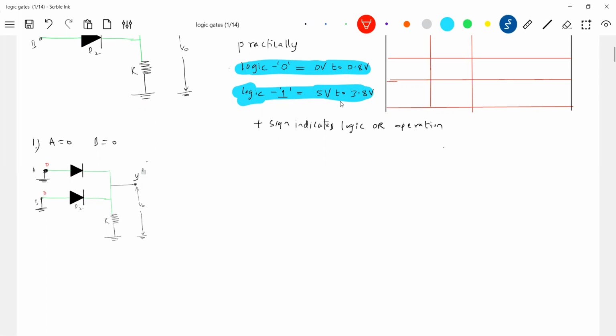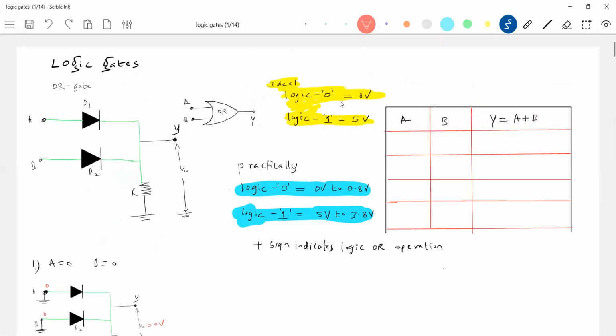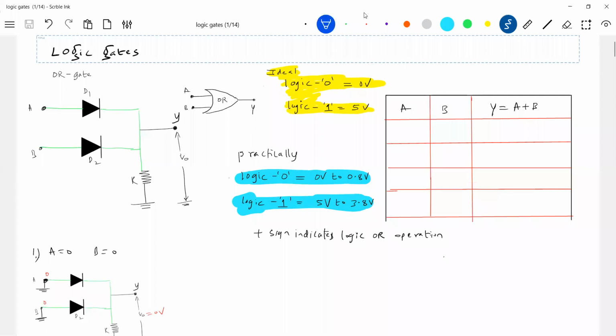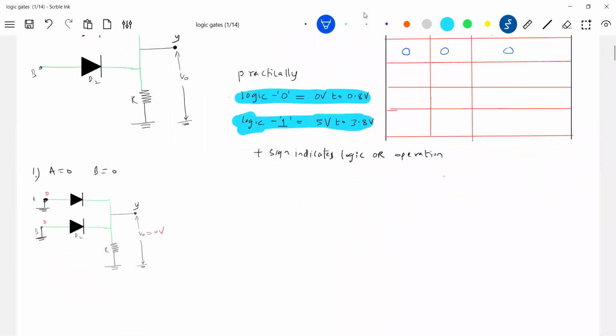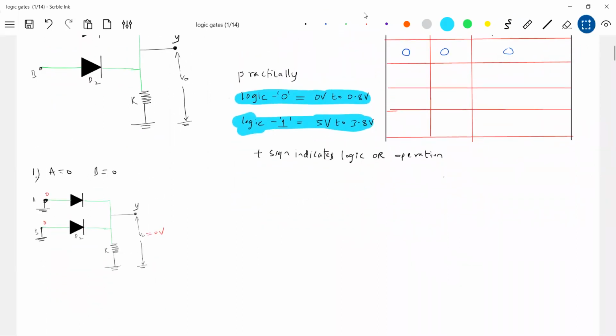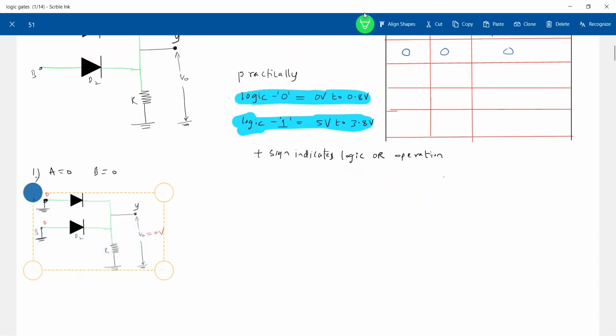Then how much is the output voltage? What do you expect the output voltage to be? Nothing, there is no supply. So what do you expect the output voltage to be? It will be 0 volt. Then Y is what I'm going to measure. This Y is nothing but the output voltage. So what is the value of Y? Y will be 0. So for the first operation, I'm going to fill this up. For 0, 0, we are getting 0. Okay, let me take the next one.